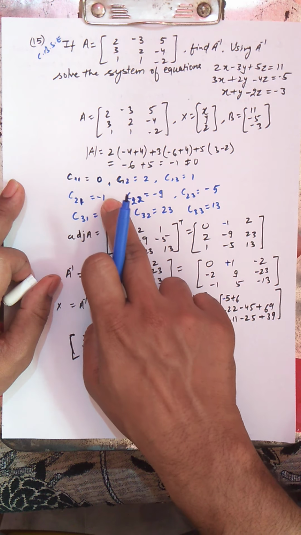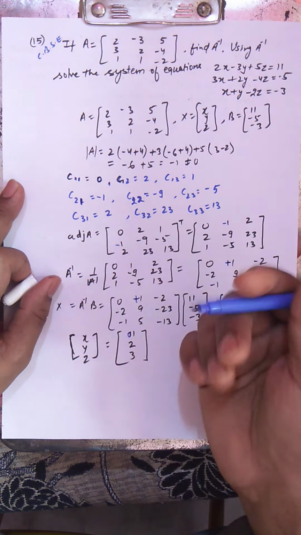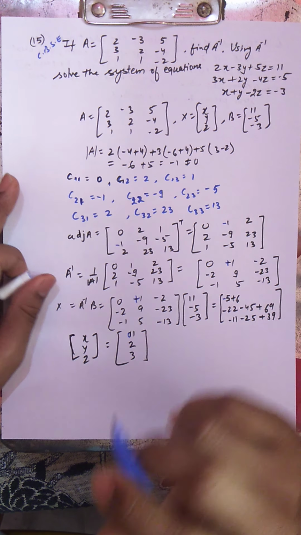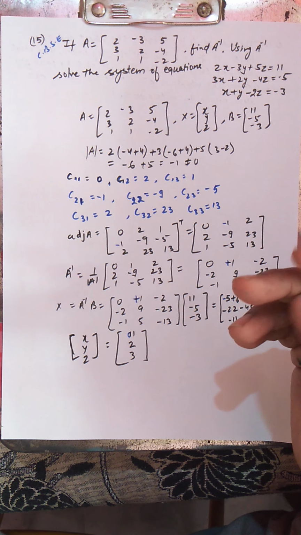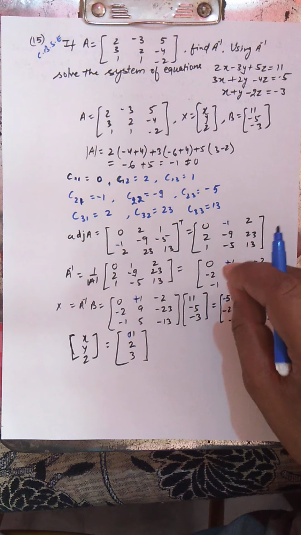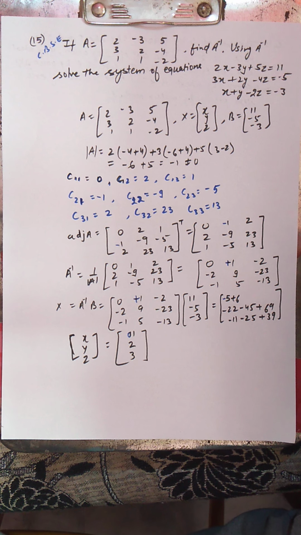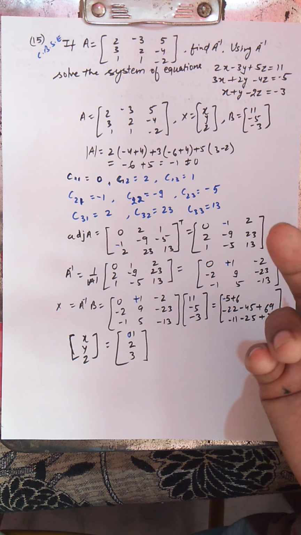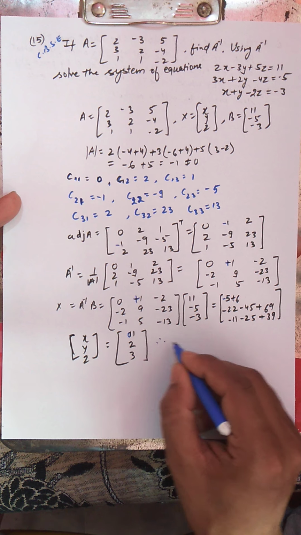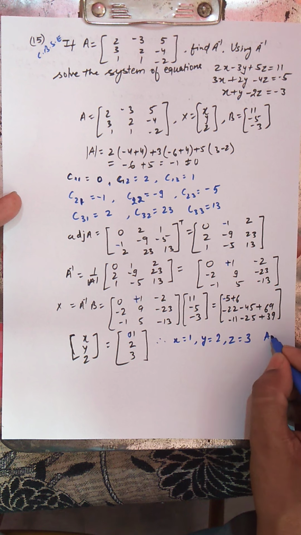So that small mistake we did in the beginning, because of that minus, our answer was not matching. I cross verified, and I got to know that my answer was incorrect. It is very important that you always verify your answers, because this question comes for 4 marks, and for this small mistake, this minus 1, you might get even 1 mark, or you might get 2 marks, depending upon the teacher who is checking your paper. But if you cross verify your answer, then your surety of getting 4 marks is 100%. So therefore x is 1, y is 2, and z is 3. So this is your answer.